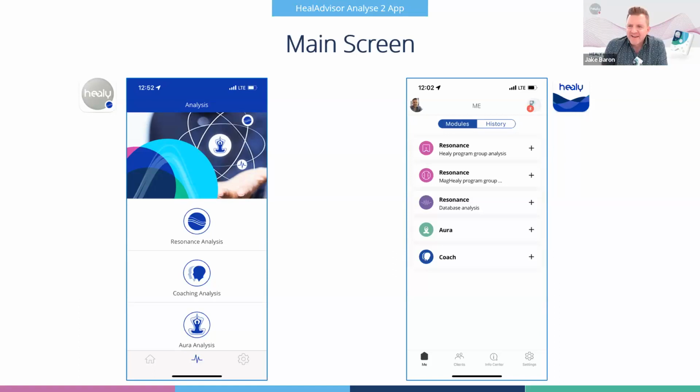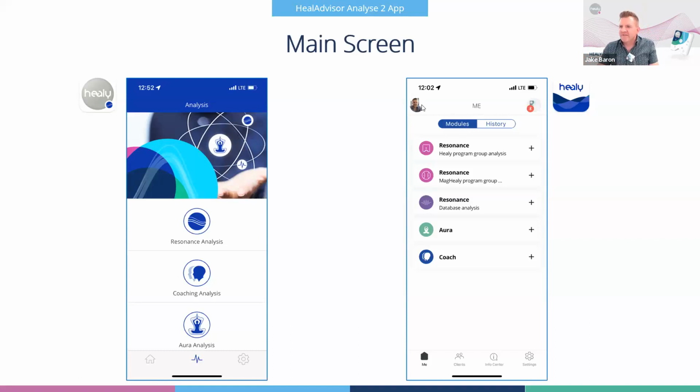Yeah, exactly. Okay, so you've logged in, you've downloaded the new app, you've logged into the new app, maybe you tried out demo mode, you've migrated some clients. One of the first things you'll notice in the new Analyse app is that you have your own section. So you're not mixed in with all the clients as sort of another client. This is your app. That's why it says "Me." You see on the right side here, this is me. You put your information in there. You have your own section, your own history, separate from your clients, which is great. It's a great way to segment it, because it just makes sense that this is like the home screen for you, and then you have your clients separated out as well.